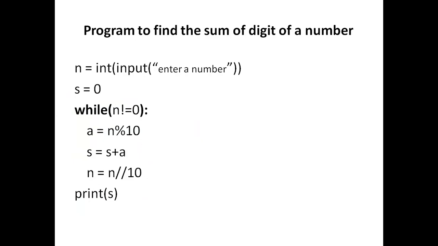We generally use the for loop where we know exactly how many times we have to execute the statements, and we use the while loop if we do not know how many times we have to execute the statements. Like in this example, if we want to find the sum of digits of a number, we can use a while loop to check how many digits the number has. The user can enter any number with any number of digits, so we can use a while loop very easily for this kind of problem.